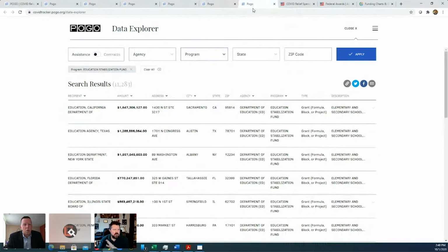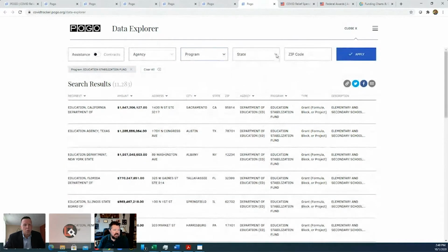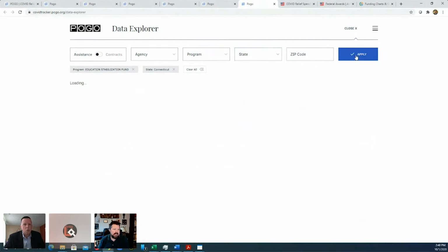The last thing before I move on to a couple of others, I want to keep this moving, is another. I just wanted to show you something, if you just wanted to look at a different program. I pulled up the Education Stabilization Fund. It went all over the country, and so you can see some of the big ones for departments of education in various states. But again, if you narrow this to a particular state, say Connecticut, you will get a new list, and it may start with the state agency, but it quickly becomes a series of individual education firms or education